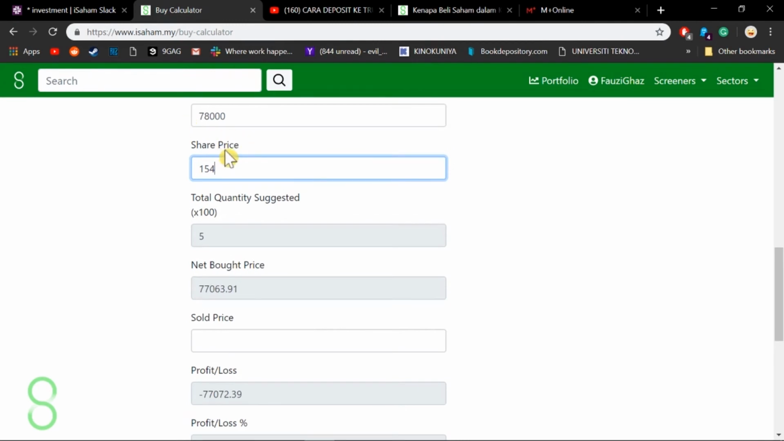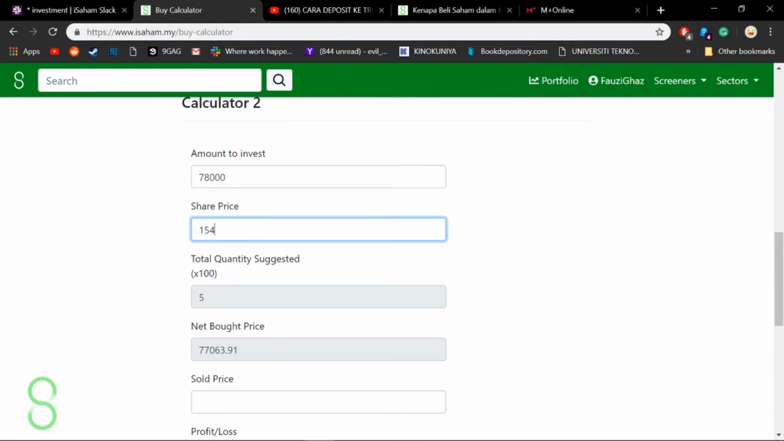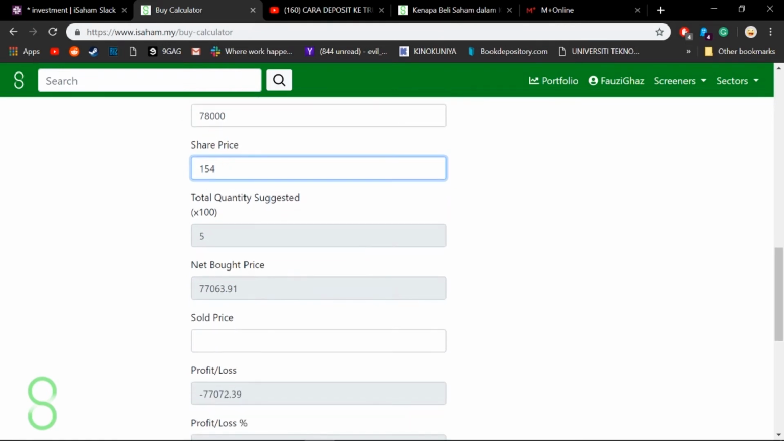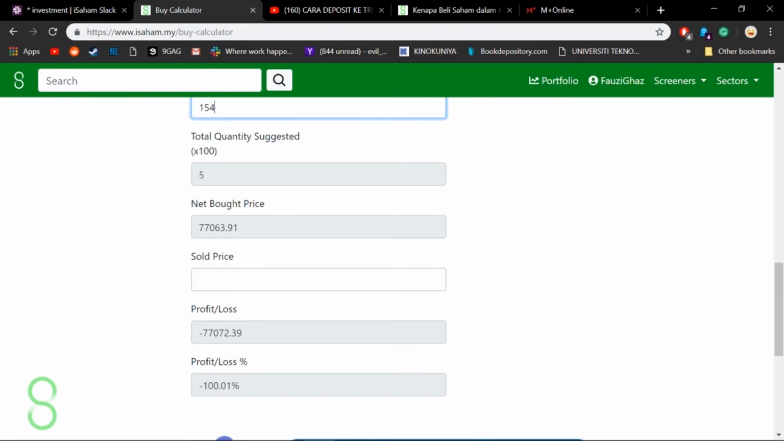So from here you can see that this calculator provides you with how many lots you can actually purchase by the amount of capital that you're putting in. So with 78,000 and with a share price of 154, I can buy up to 5 lots because the net bought price including all of the brokerage fees is 77,063 ringgit and 91 cents. And as for the sold price, I can put it as 156, the same as calculator 1, and it will provide a profit loss of the same amount,